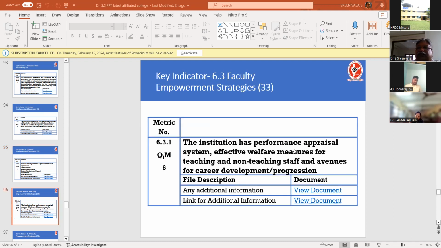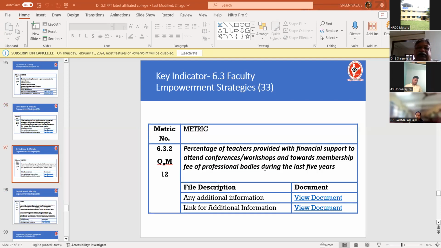The institution has a performance appraisal system for promotion, career advancement, etc. These things are necessary. There should be an appraisal forum. What questions you want to include, and what the requirement from the staff members is for each year, can be fixed for teaching as well as non-teaching staff. This has to be done through the IQAC only.